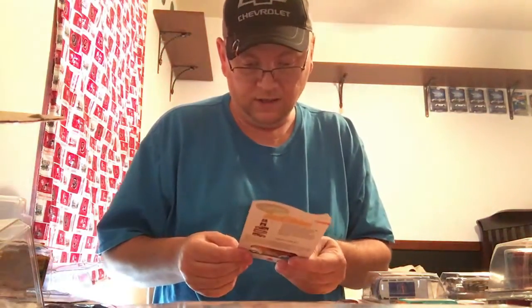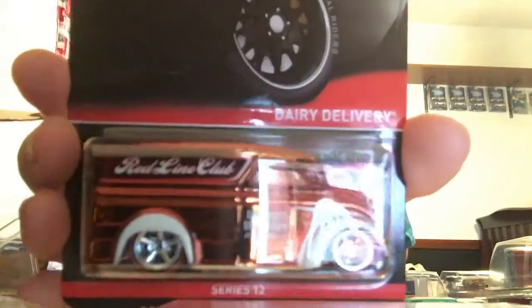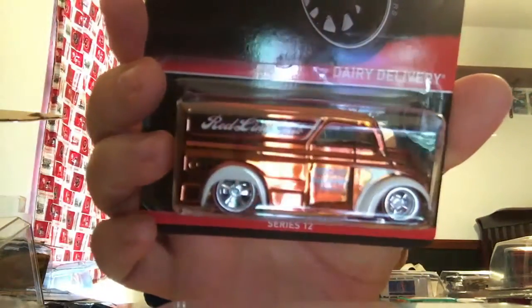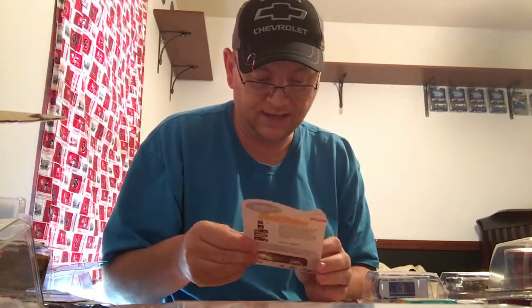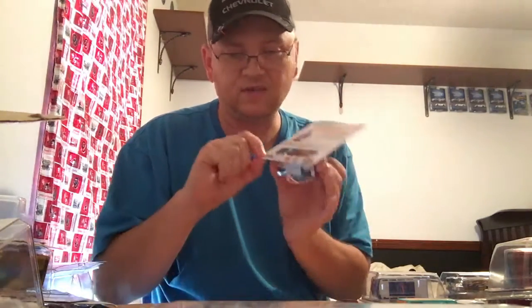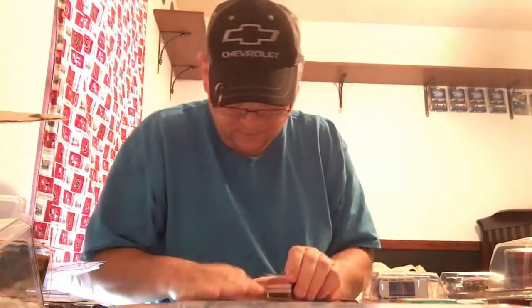It was Series 12, whatever year that was. It is the root beer colored dairy delivery. I was gonna do the Kmart green one, but the guy wanted $10 more than what I paid for this, so I figured I'll do this one instead. I do like when they have the holes in the back. I wish this was the same kind of material as the mainline ones, because they could come right off. I can't get them to do it, so